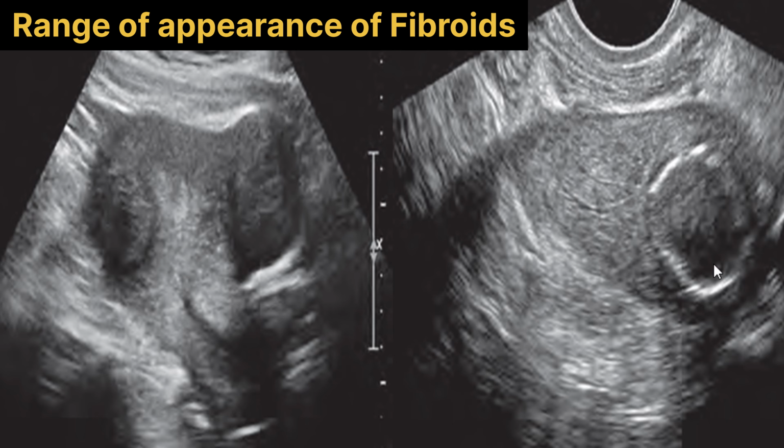Now this is an oblique transvaginal image of the uterus, and the endometrium of the uterus is visualized here. Here we can see a well-defined isoechoic uterine fibroid which has a peripheral rim of calcifications along its margins. This common pattern of fibroid calcification may be mistaken for the calvarium of the fetal head, particularly if the indication for the sonography is to rule out retained products of conception following an abortion or